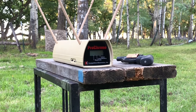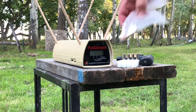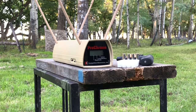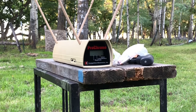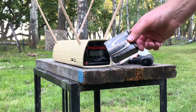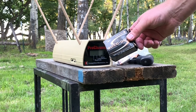Last winter I tested this same box of ammunition because the box didn't sit there. Just these 5 rounds in a speed loader sat in her glove box for 2 years. The rest of the box was sitting in the closet in the nice climate-controlled environment of the upstairs of our house, not the basement, which may compromise certain loads, especially rimfire. But last winter we tested this same round and got an average of 848 feet per second muzzle velocity